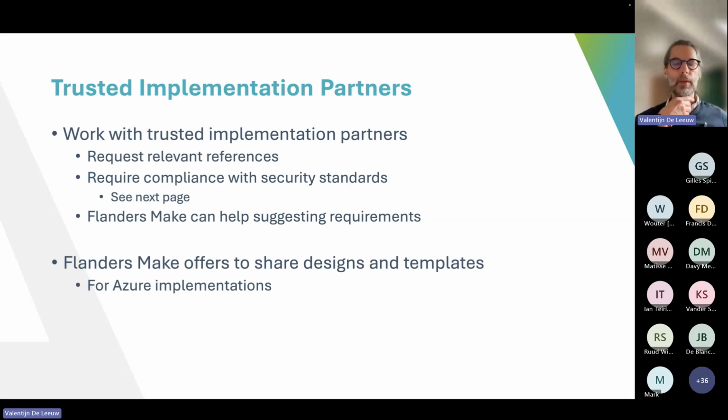We have implemented our industrial cloud system together with a partner called Codit, and it was a significant project, but I'm totally, absolutely sure that without them, we would never have reached the same quality result in the same time. And what you should do is request relevant references and require compliance with the security standards that I'll show you in a minute. And we can help you suggesting requirements for choosing